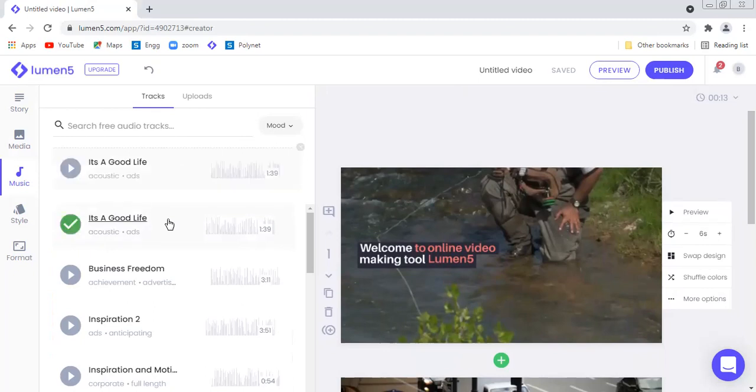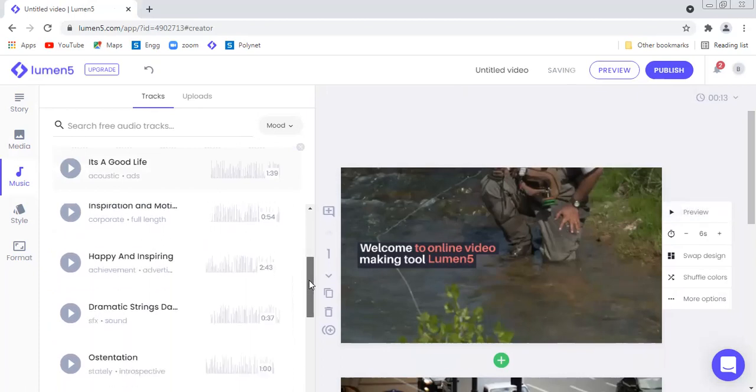Say now I am applying the music track, It's a Good Life. Let us see the preview of how this is applied. So like this, there are different music tracks available.